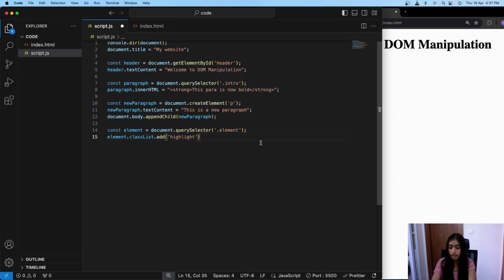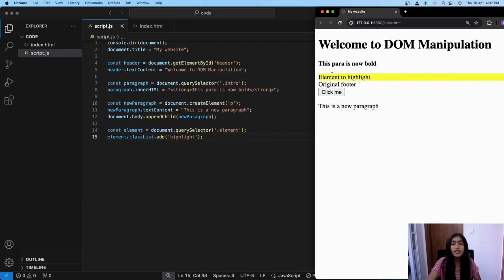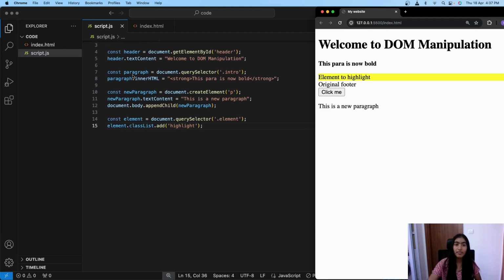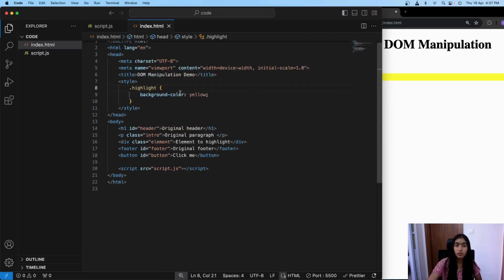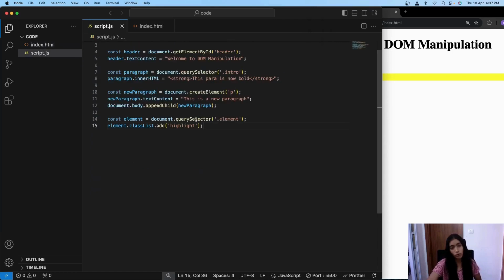Now once we save this, you can see this specific line has been highlighted. How? By using .classList. It's not just for highlighting, it's for styling. Whatever you want to add, you use .add, and if there's a style here, you can just use that style. You get it? Exactly. And with document.querySelector, we are selecting the element.